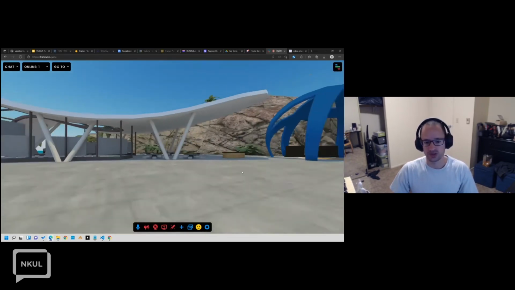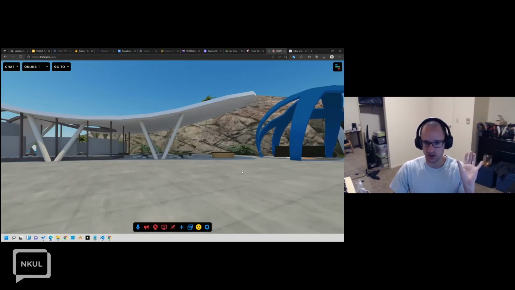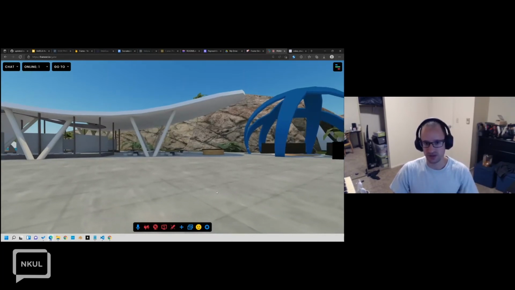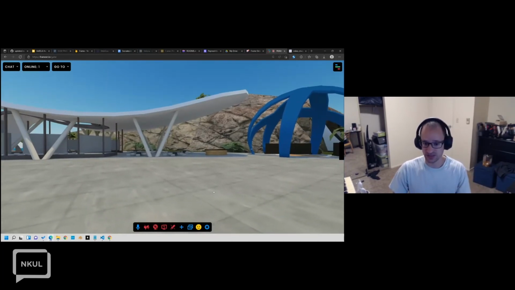Okay, so that was just a little bit of summary. I wanted to go over some things that are great about the metaverse, some of the challenges about the metaverse,